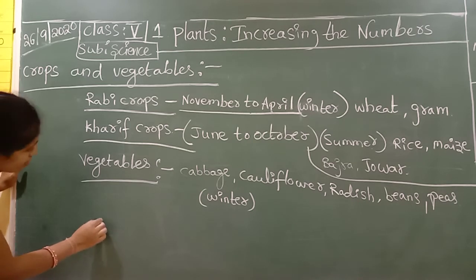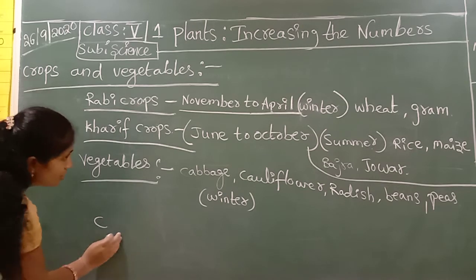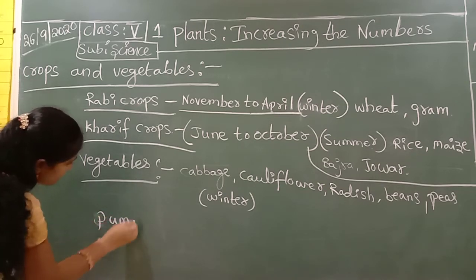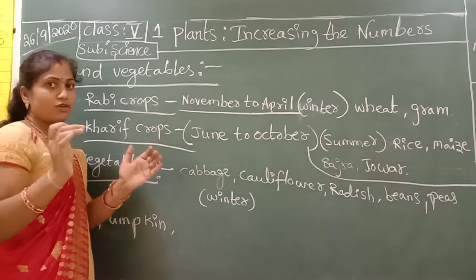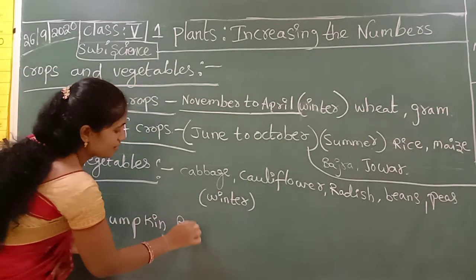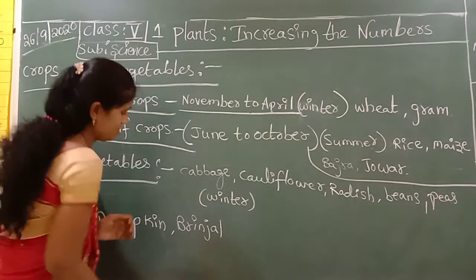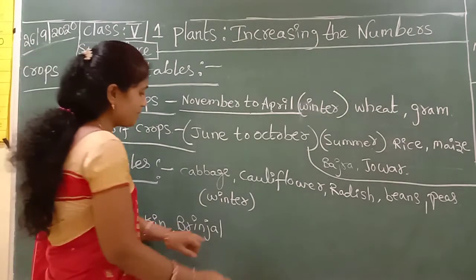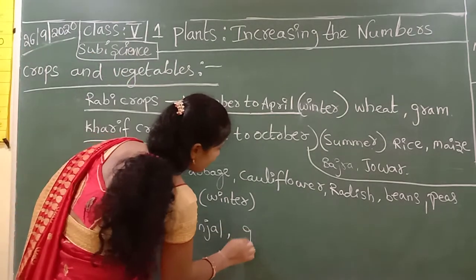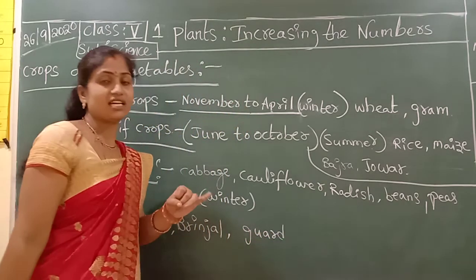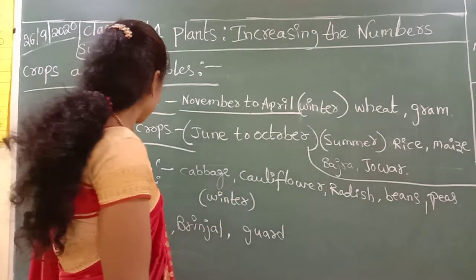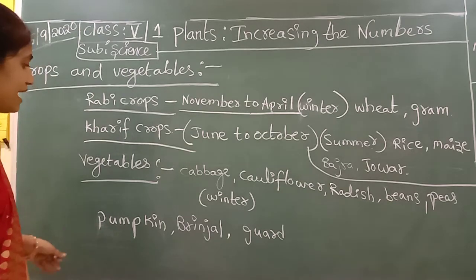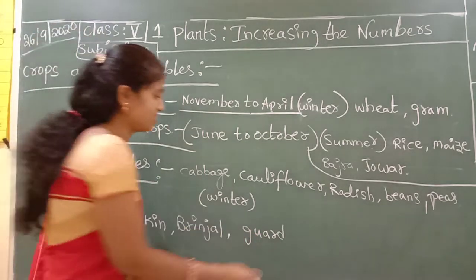Next vegetables like pumpkin. Pumpkin means gummadi. Next, brinjal, you know very well. Next, gourd. Gourd means bitter gourd, bottle gourd. Like that, gourds are also cropped and we get this type of vegetables in